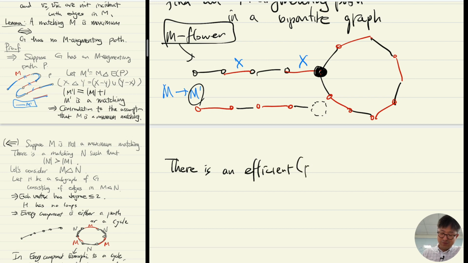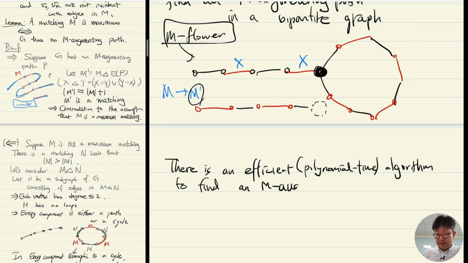Okay, but for computer science people, I would say polynomial time algorithm to find an M augmenting path or an M flower